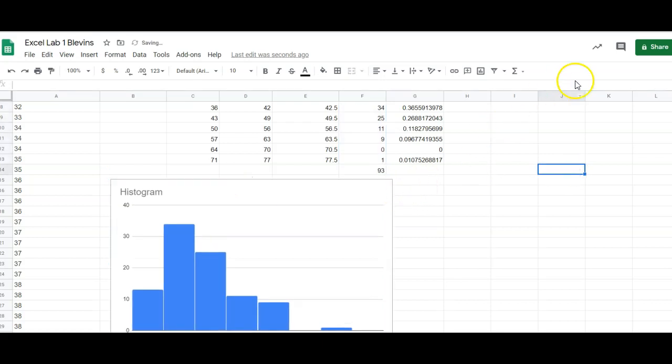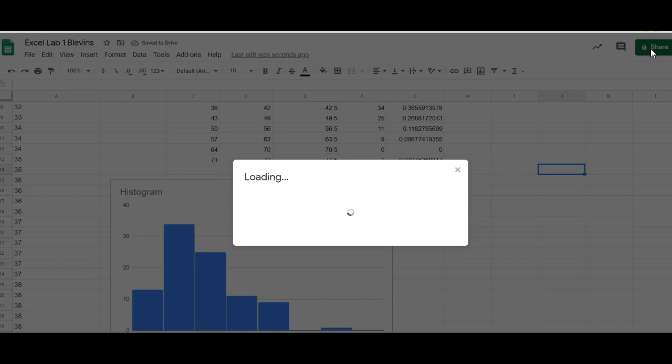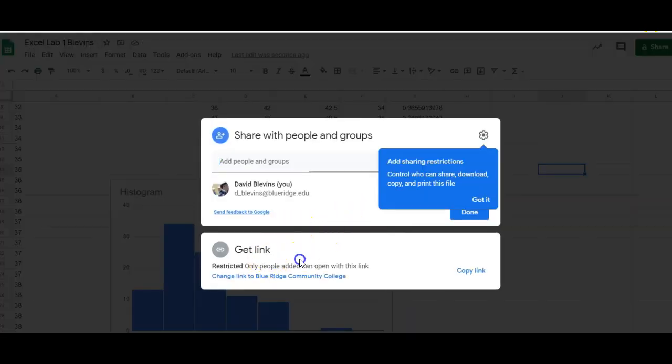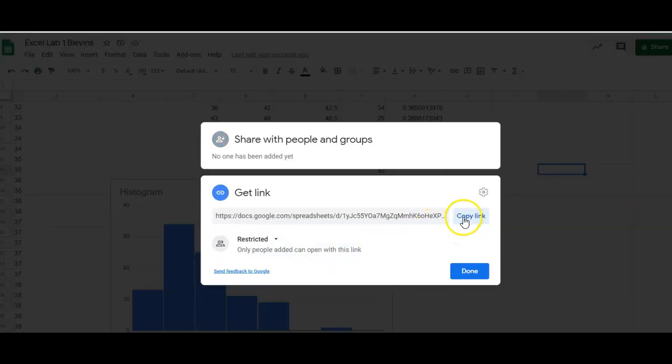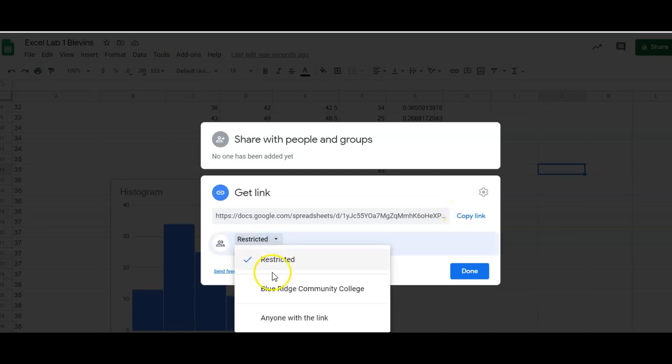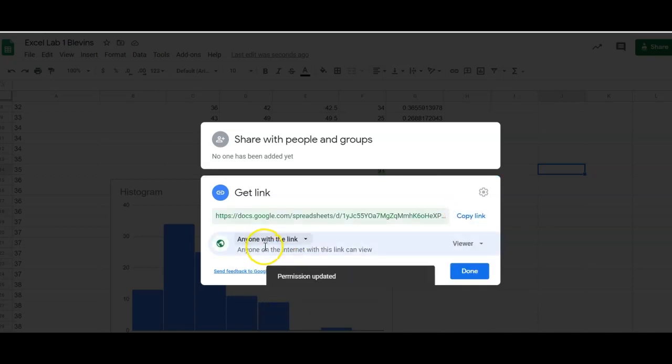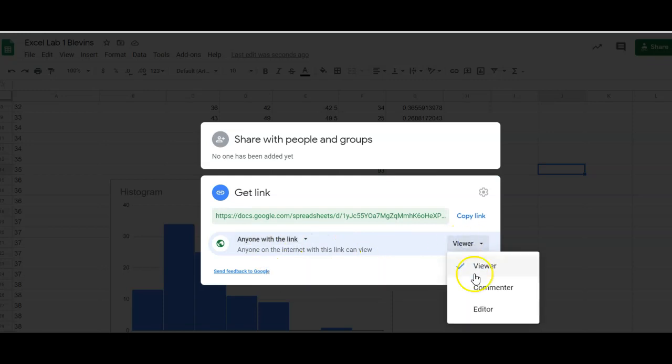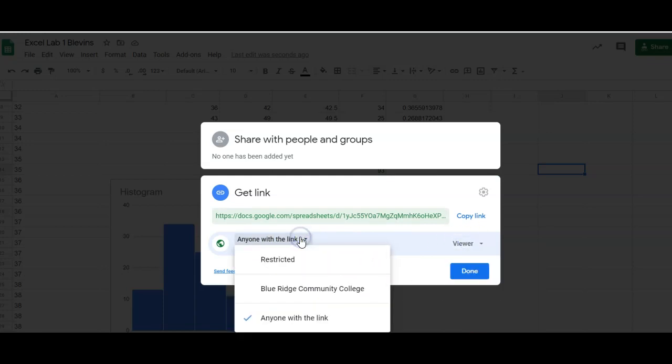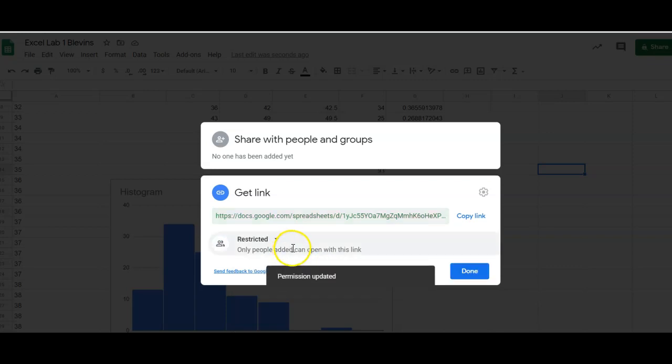All right, once you're ready to submit it, you're going to go up here to share and copy this link. Anyone with the link is fine for me to edit it, or you can restrict it, and then I can open it and grade it. If you keep it restricted, that's fine. And if I have to get access, I'll send you an email asking for access. But once you've clicked on copy link,